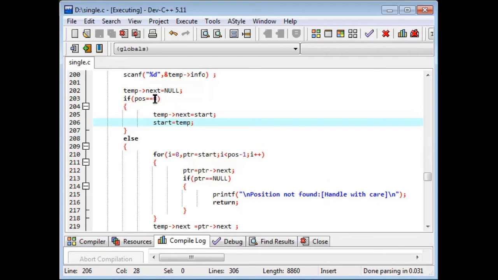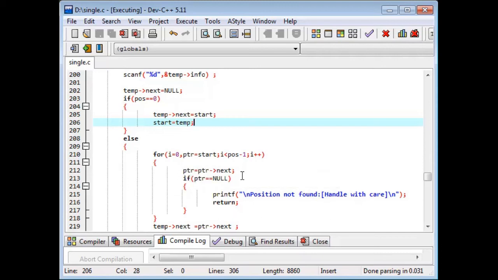Usually arrays will start with 0. So in this program I am taking position from 0, 1, 2. So till less than position -1 we will see. If you put position 1 in start, exactly it will be there. So since we are starting from 0, you need to give position -1, i plus plus. Then you have to keep moving until you reach the position.